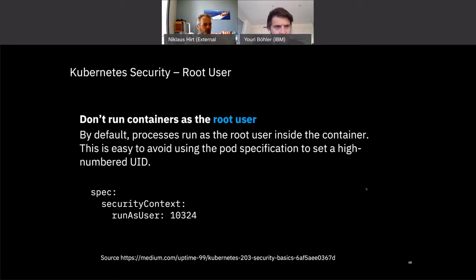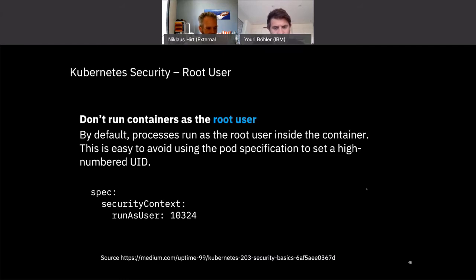Root user, by default, we rapidly talked about that two weeks ago. By default, a container, if you do your Dockerfile, runs as the root user, which may not be what you want. So what is good practice is to change the user in the Dockerfile with the USER directive, so you put USER and then another user, or do it at the latest in your deployment specifications in your manifests,